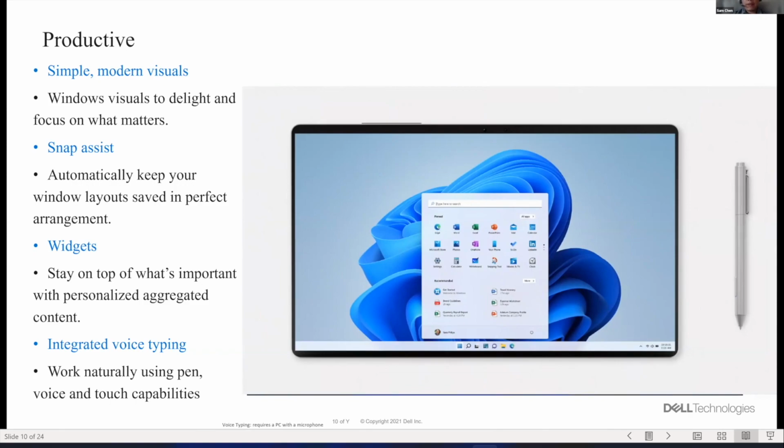Last one, Windows 11 enhanced the touch experience and also integrated the voice typing feature that I will demo later. So if you are doing something else and cannot literally type your task on your laptop, you can talk to the computer and the computer will type that for you. And if you are using the touch screen, Windows 11 makes the touch experience much faster, with an enhanced solution for the touch screen, and also more intuitive and easier to use.